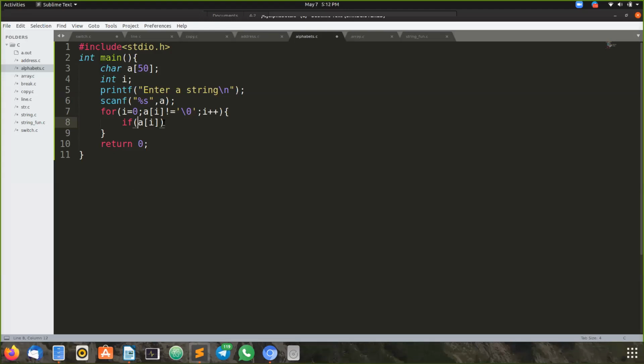So in a of i, we will be having a character. We have to check whether it is a special character or digit or a normal alphabet. So what can we do here?